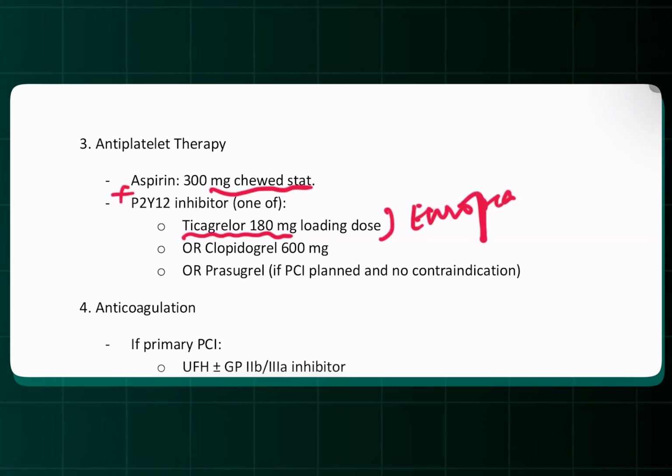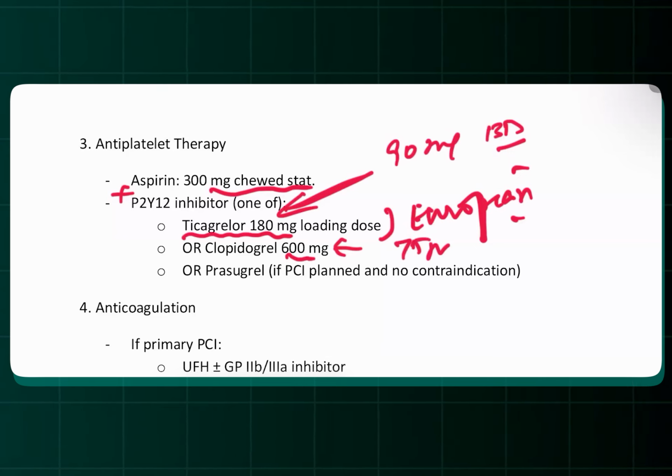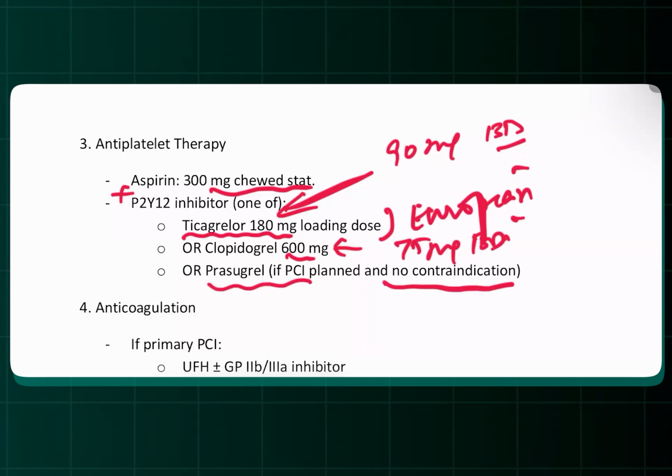So even in AHA guidelines now it is ticagrelor. Earlier it was only European guidelines which had ticagrelor in them. Now AHA is also supporting the same. Or clopidogrel 600 milligrams. Many times people tell me 300 milligrams of clopidogrel, but no, it is 600 milligrams. So ticagrelor 180 and then 90 mg BID, clopidogrel 600, even 300 is fine, but then 75 milligram, or prasugrel 5 mg if the PCI is planned and there is no contraindication, that is people less than 75 years